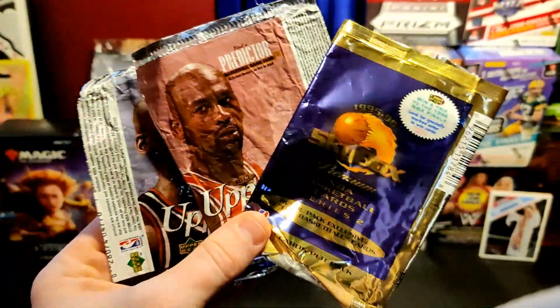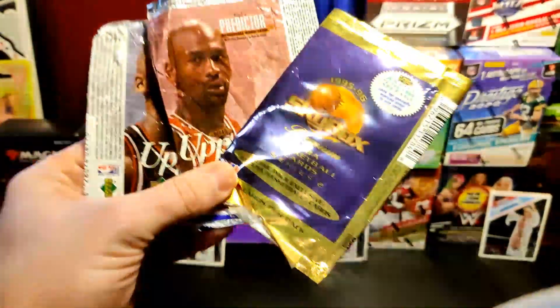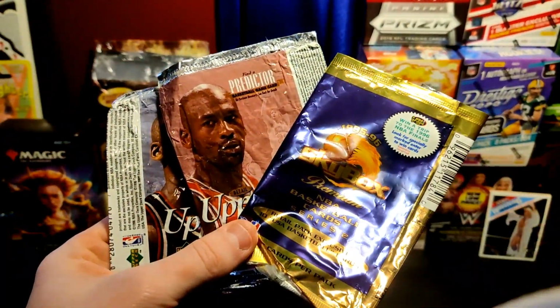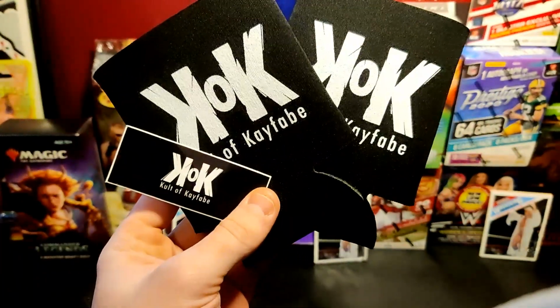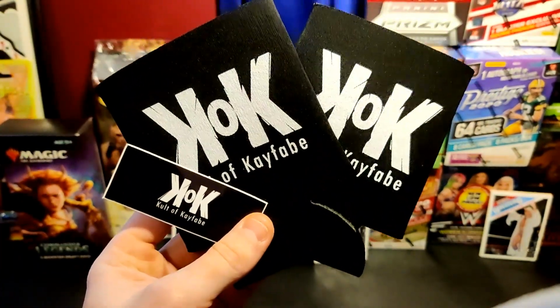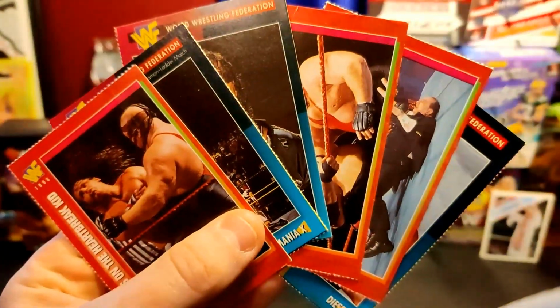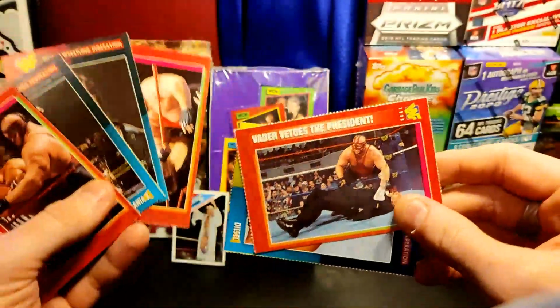Also, some classic basketball wax wrappers thrown in there. You gotta love that. Smell that? Yep, that is nostalgia. Cult of Kayfabe stickers and koozies. So again, if you want to join this group and you're a huge wrestling fan, go check them out on Facebook. We've got some magazine cards thrown in here, and one that stands out to me is this one right